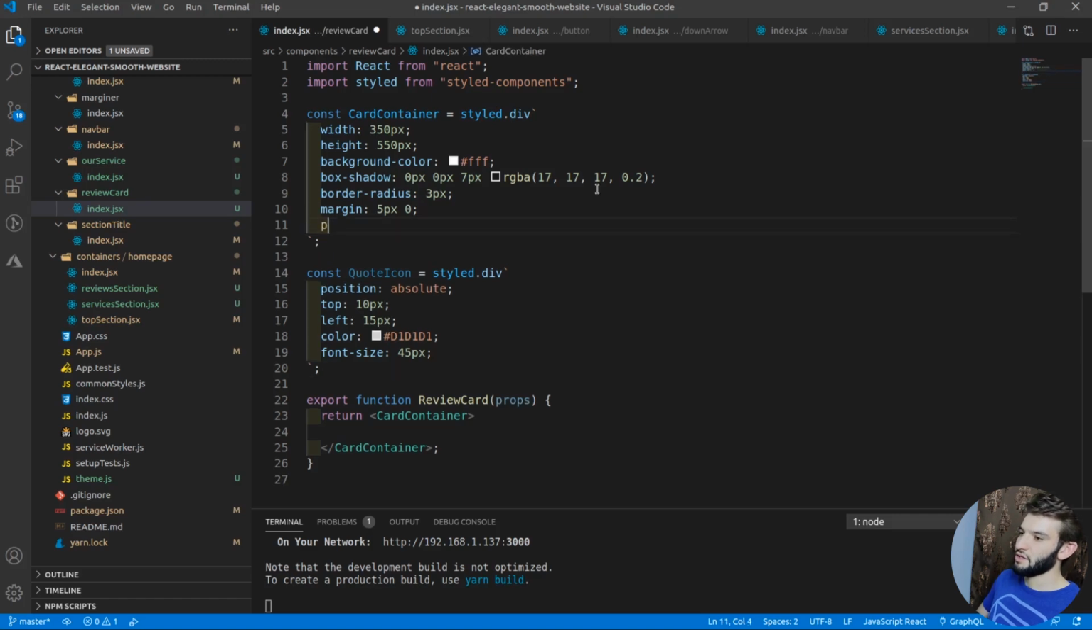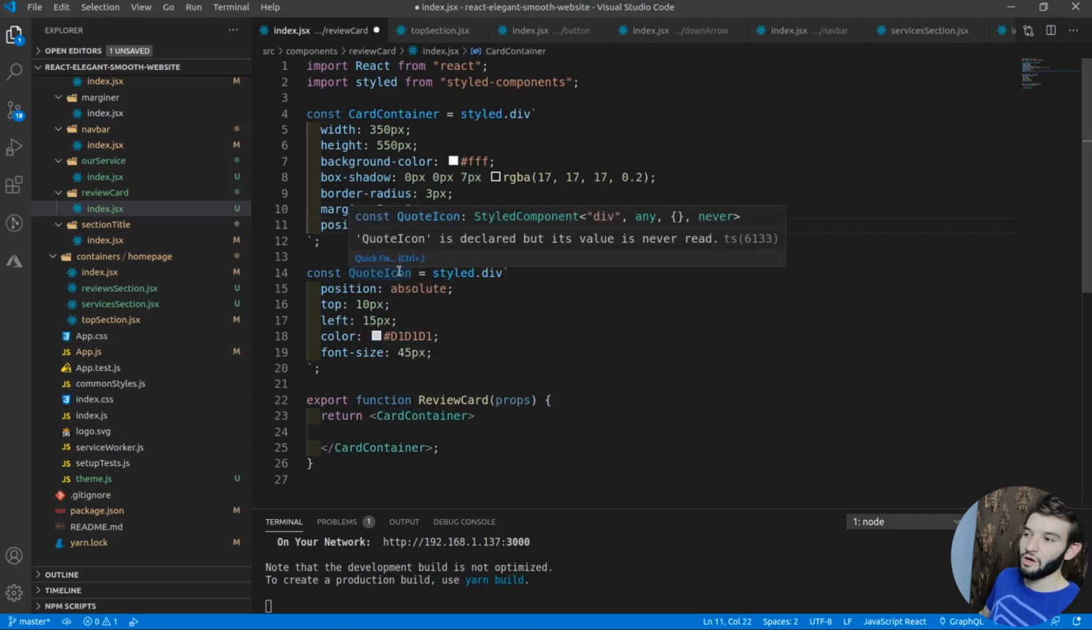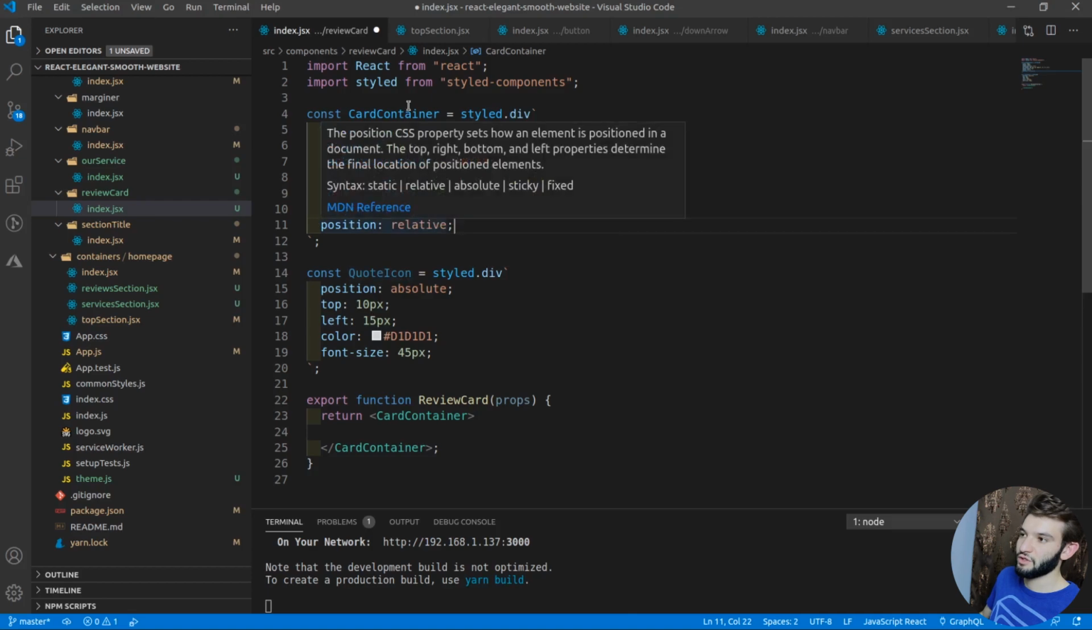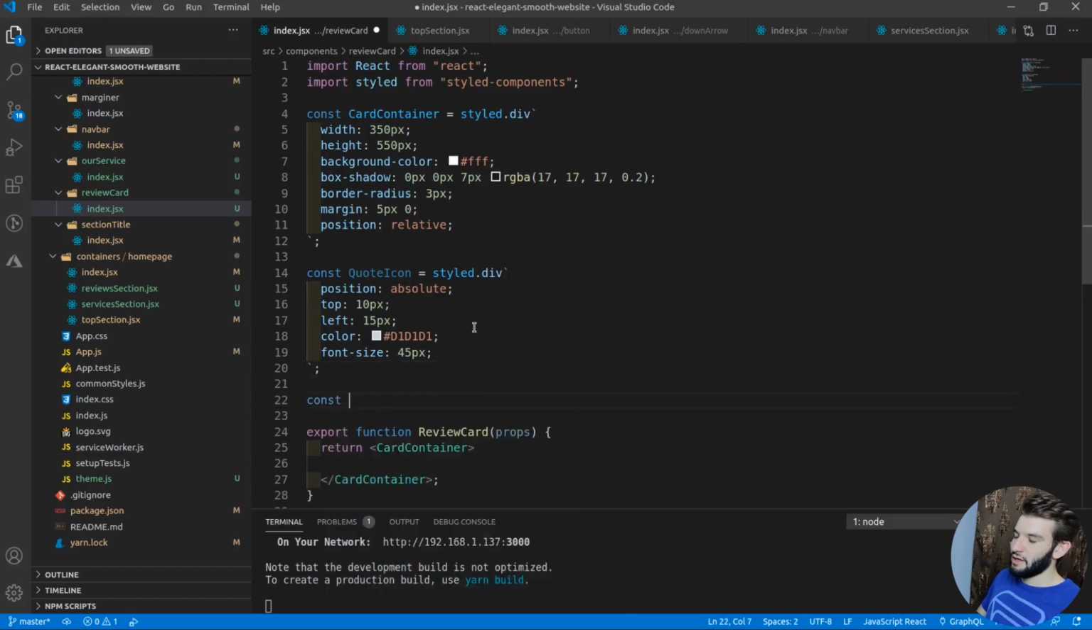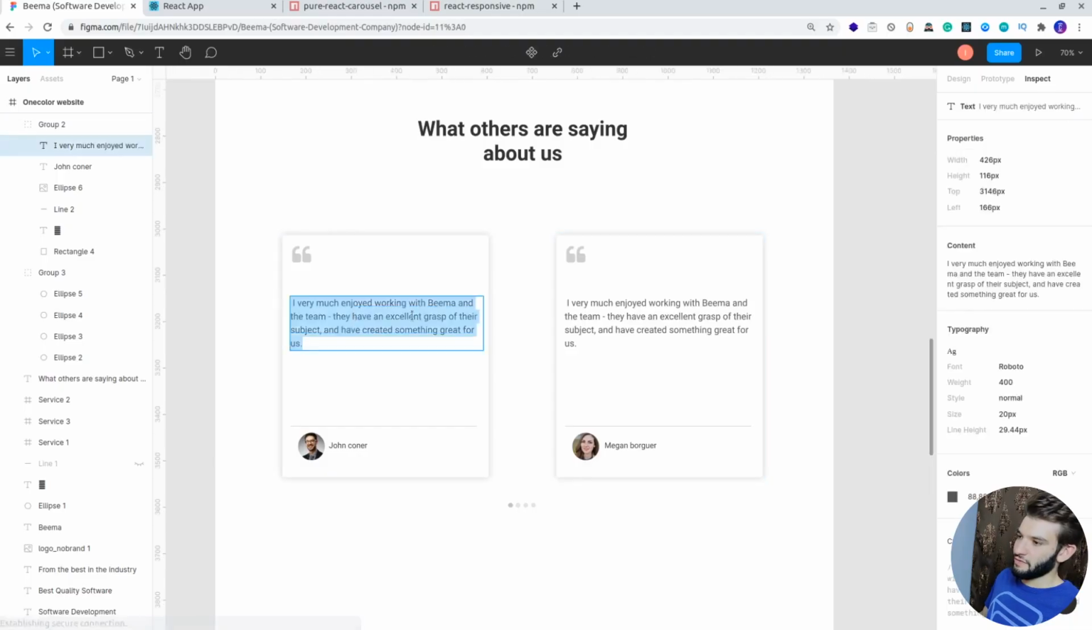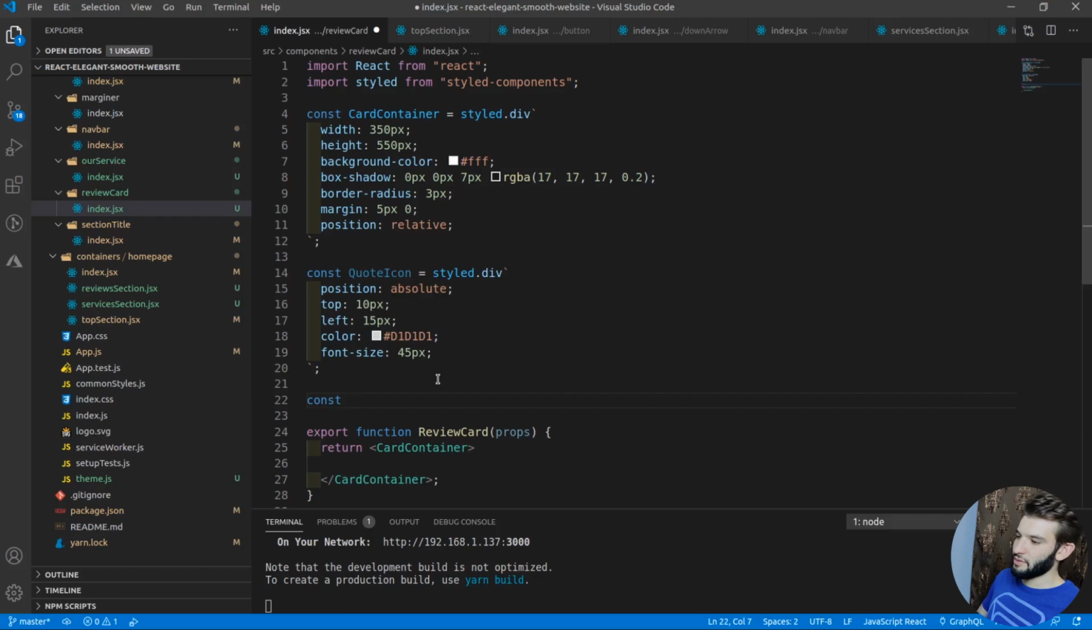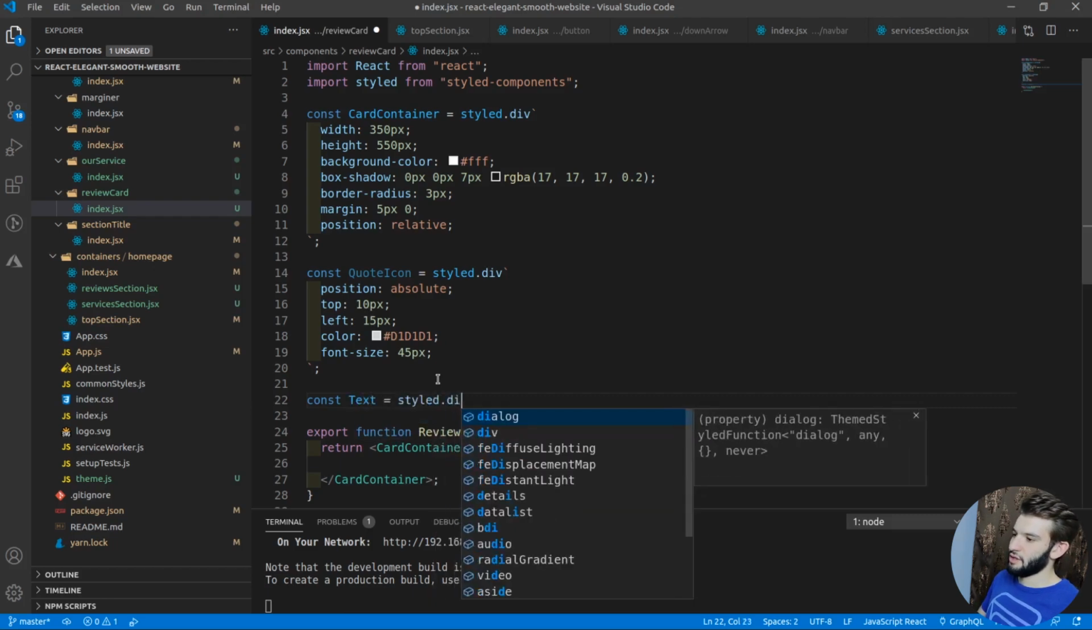And for the card container here, we have to use actually the position of relative. So actually the quote icon would be relatively positioned to the card container. So you have like a relative positioning to that. And we also need to add the actual text in here. So the review text, a component, and I can call it simply text, styled.div,